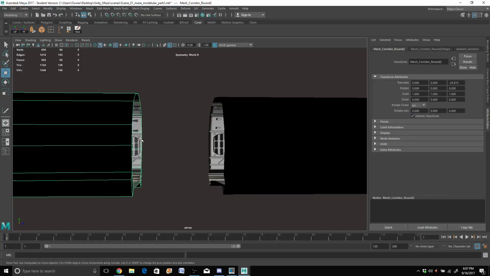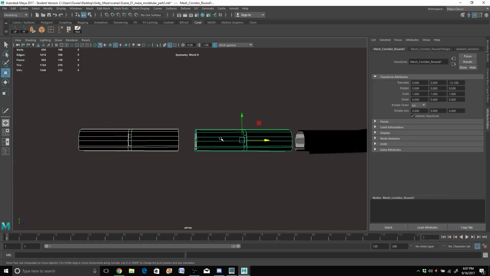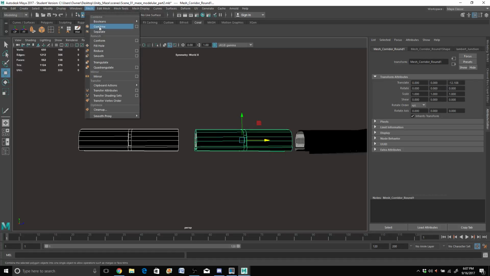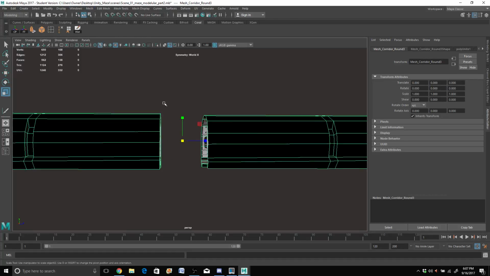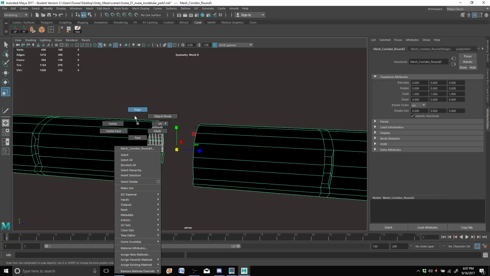Doorway here has to be a little bit interesting though. So we're gonna, let's see here. I'm gonna take these two. I go to mesh combine. Let's see here. We're gonna